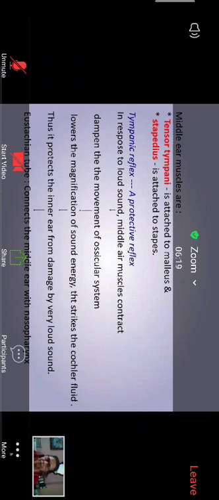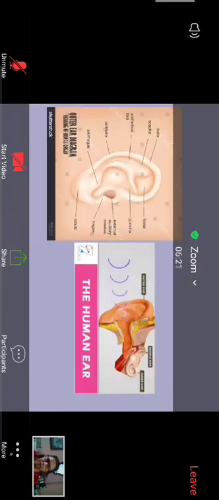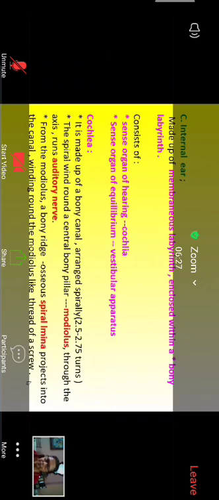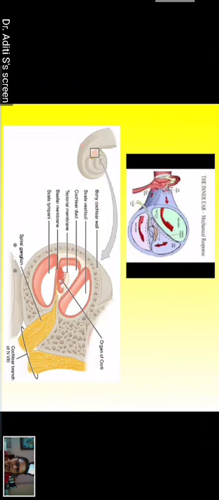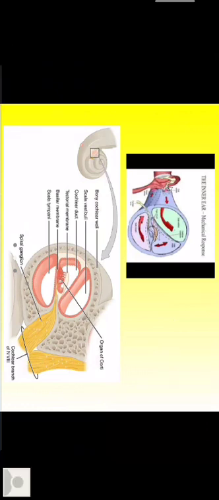Now coming to the cochlea. How is this cochlea made up? See, this is the cochlea structure. The cochlea is a tubular structure. Can anybody describe this cochlea? Who could? Mohit, can you? Yes, ma'am. Made up of a conic canal and